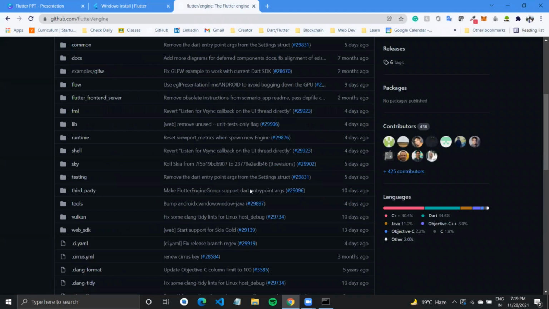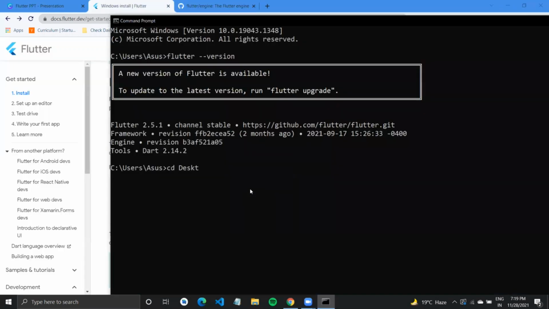What we'll do right now is go over to my desktop, and here I can run something called Flutter create. After you have successfully installed Flutter, which is basically downloading a zip file, extracting it, and setting the environment paths, you'll have access to the Flutter commands. There is a command called Flutter create, which is used to create a new project. Let us say I want to create a project called Bootcamp. You can type in Flutter create and the project name that you want to create.